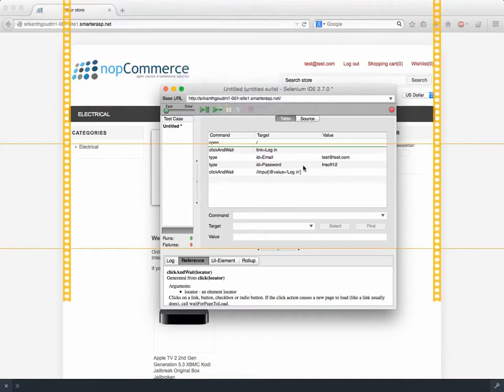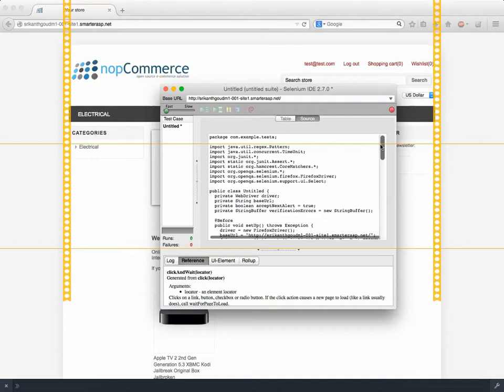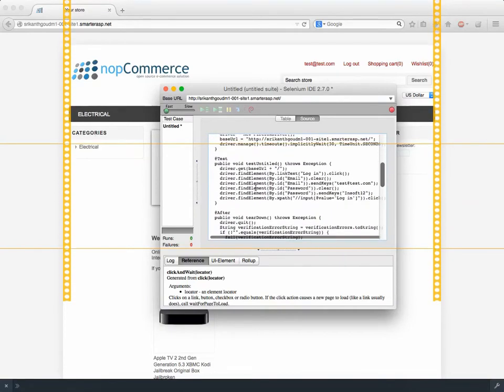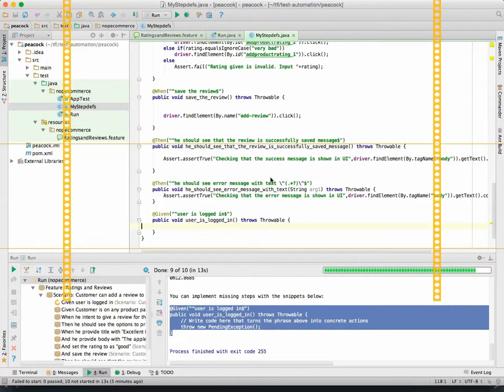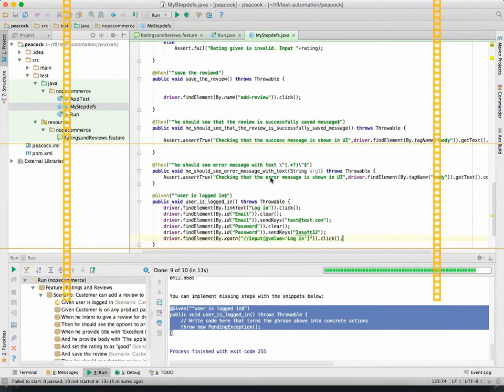Okay, so I got this, right. So intelligently, you just take the code which is required from that to this. If you know how to copy paste, you will get an IT job. That's it. Now user is logged in.